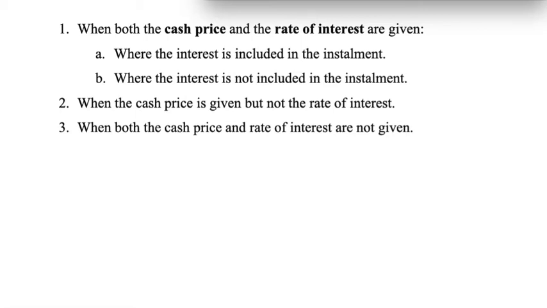Now one more thing we should keep in mind: the interest should be calculated correctly. The reason is simple, because the amount paid for interest is a revenue expenditure, whereas the part of the cash price paid is a capital expenditure. And if any cash down payment is made, that is, the advance amount paid by the hire purchaser at the time of signing the agreement, it does not include any interest. So we do not have to pay any interest on the down payment.